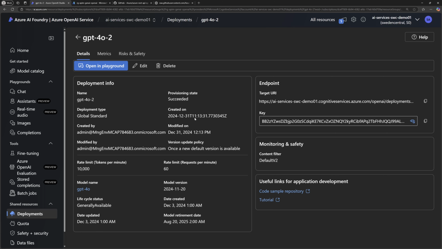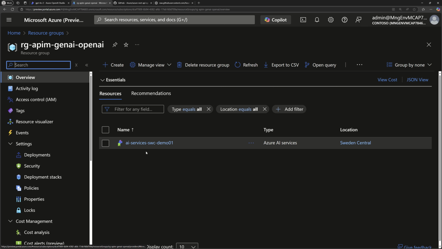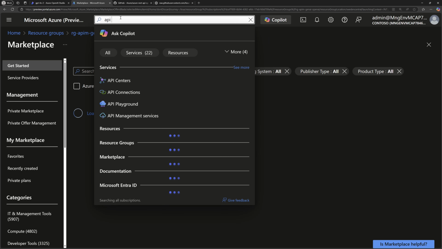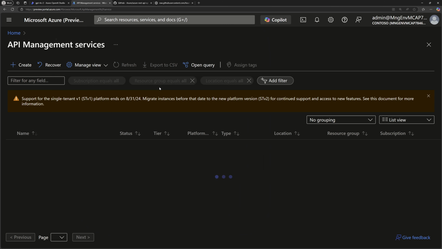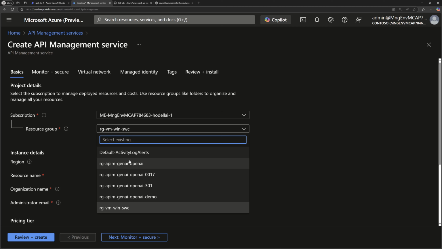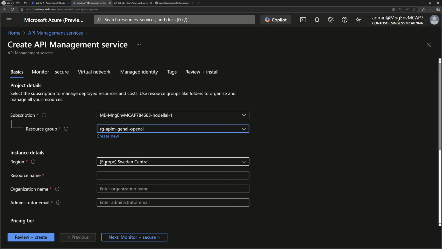So now let's go to our resource group and let's go to create a new API Management. So I'll click the create button, and from here I look for API Management services, and then from here I'll create a new instance, choose the right resource group, and then choose the right region. You will inherit it from the region of the resource group, and then specify a name for your API Management. So in my case here I call it APIM GenAI demo, for example,